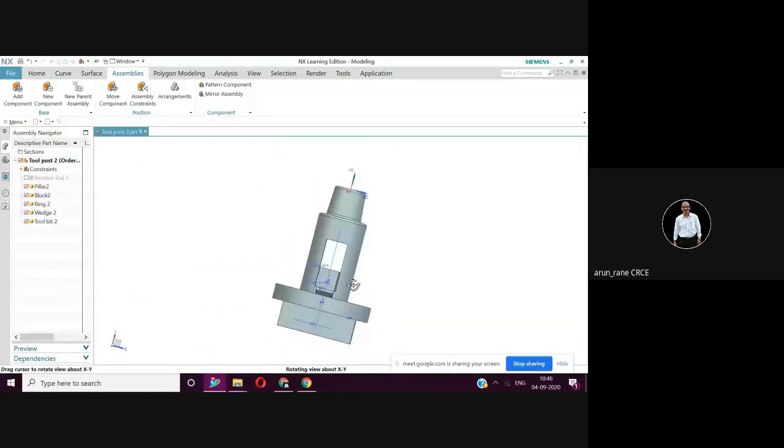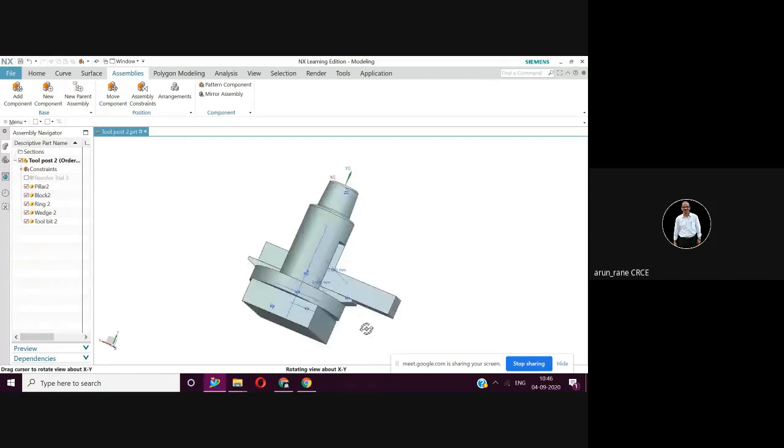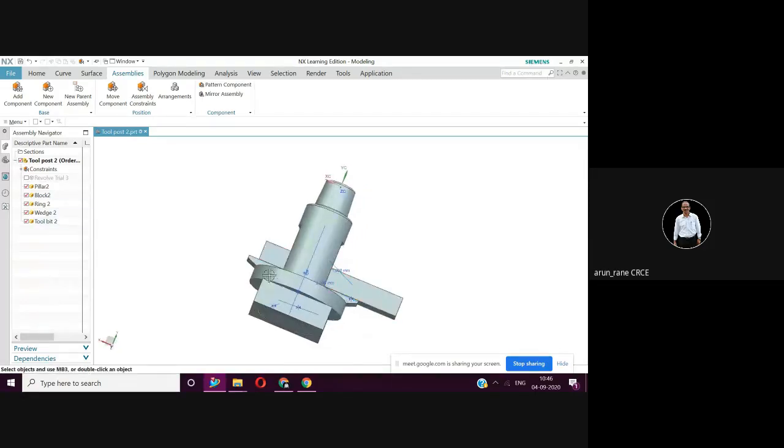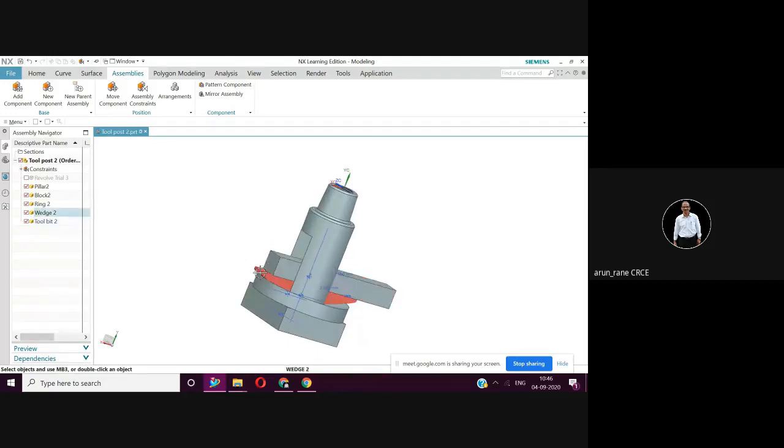So good. Now you have assembled your square toolbit also, and you can see the gap from both the sides. Only now you have to place this toolbit in the center. So as I told earlier, this distance and this distance is how much? 15, because this length is 120 and this length is 150. So 150 minus 120, that is 30.